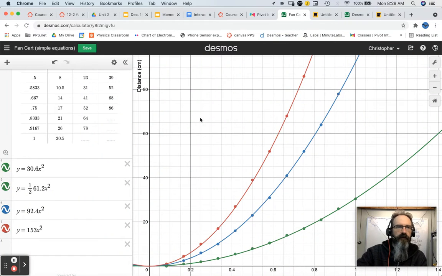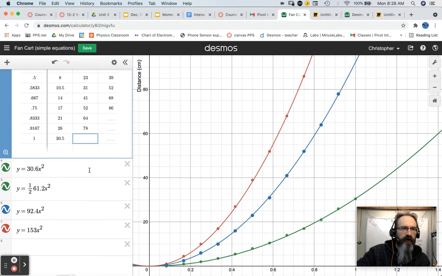Okay, you've got your first graph. You've got three sets of data corresponding to three fan forces and the relative accelerations that came from those fan forces. You should have three lines of best fit to go with those three sets of data. I'm going to assume the worst case scenario, which is that